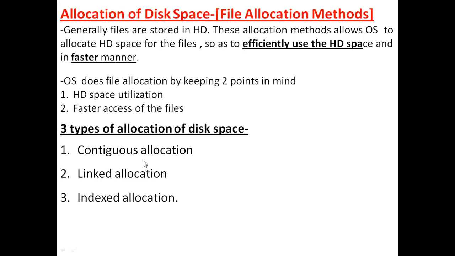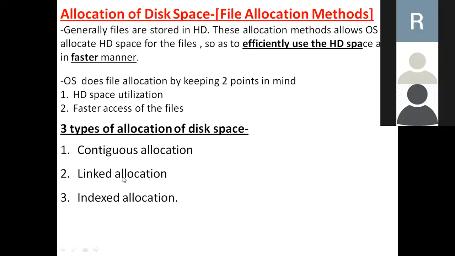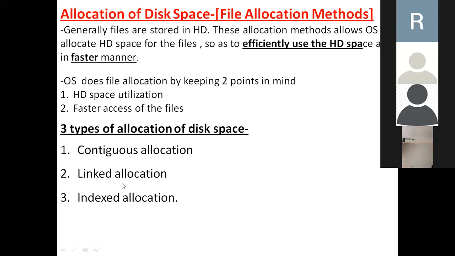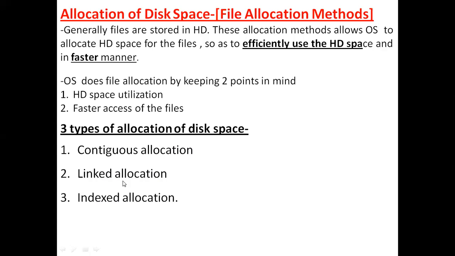Basically, we had the three basic types of allocation of disk space: the continuous allocation, second the linked allocation, and third the indexed allocation. In the last video, we had seen continuous allocation, linked allocation and indexed allocation, which have their own diagrams. You need to explain each individual type of allocation method along with the associated diagrams. And I told you, don't get confused with the diagrams.